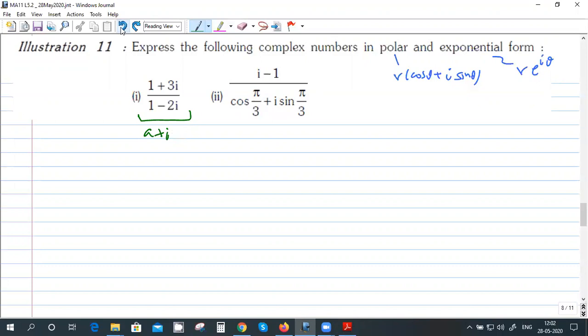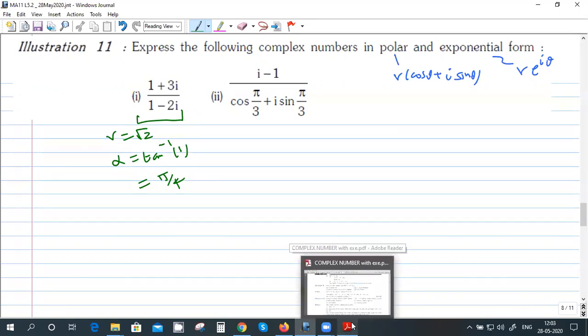Sir, z is coming out to be √2. Root 2 what? Real part, imaginary part. Okay. And then tan alpha will be equal to 1. Okay, this you are saying r, is it? Yeah, r. Alpha is tan inverse 1. So it will be 45 degrees, so pi by 4. Okay. What was the second one?